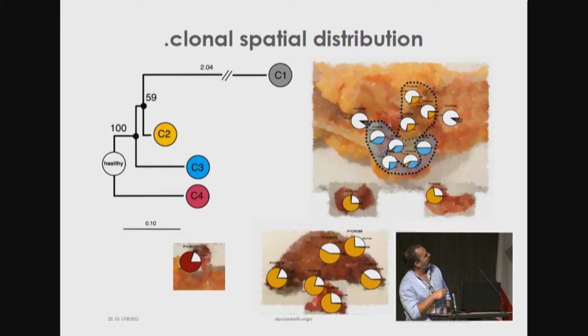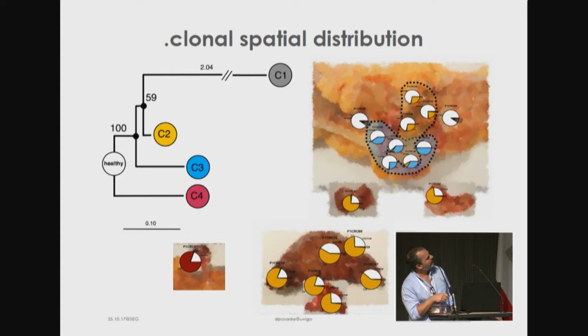We infer a clone for the healthy cells, and a second clone which is an adenoma, a benign tumor that is independent. So we can see that the individual has the primary tumor and also an adenoma, which has a different origin, okay? And now we can map the frequency of the different clones here. The white is the estimation of purity. What is purity? Ironically, we call it contamination when we have healthy cells in the tumor. It's very difficult to get a sample and not get healthy cells from the stroma of the tumor, fibroblasts, whatever. So we can try to estimate that proportion. And it's very high, but still, we can see a pattern.